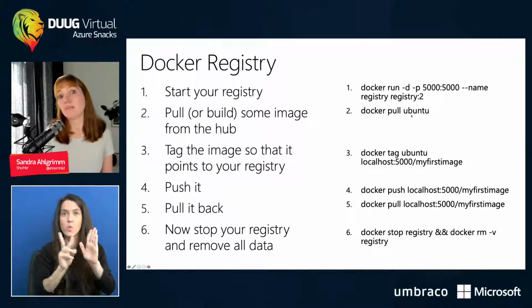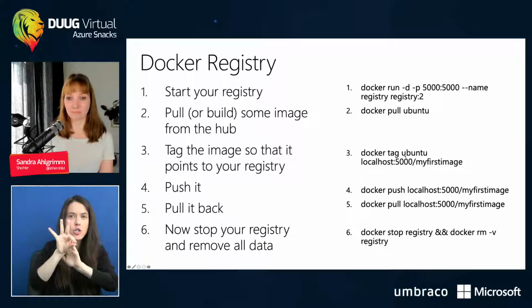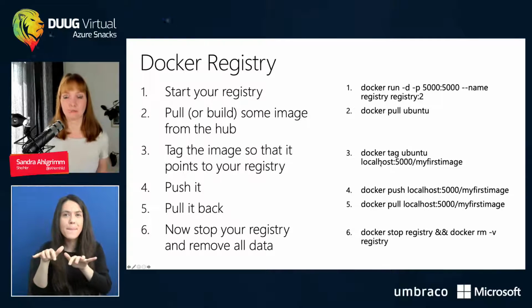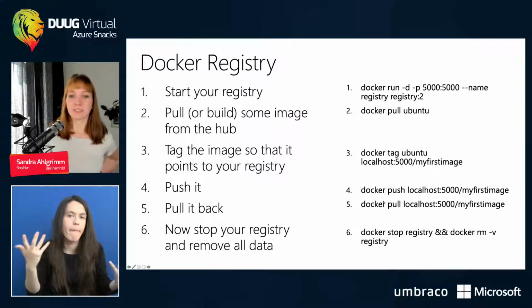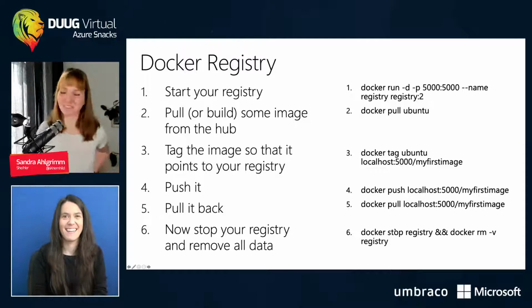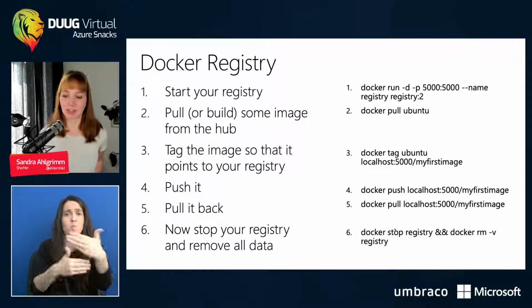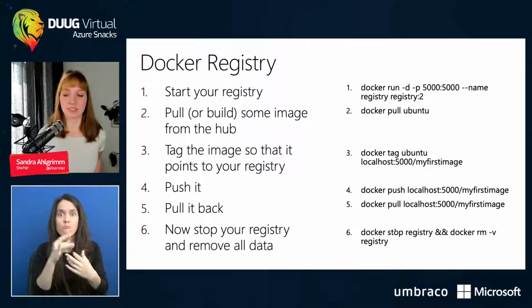Then you pull whatever image you want to, just tag it with your registry name, like for you, it's localhost when you run it on your local host. Then you can just push it and pull it again and make whatever you want to. So that's also how a private registry would work. Also some vendors like the Azure registry, which gives you even more benefits like security and so on.